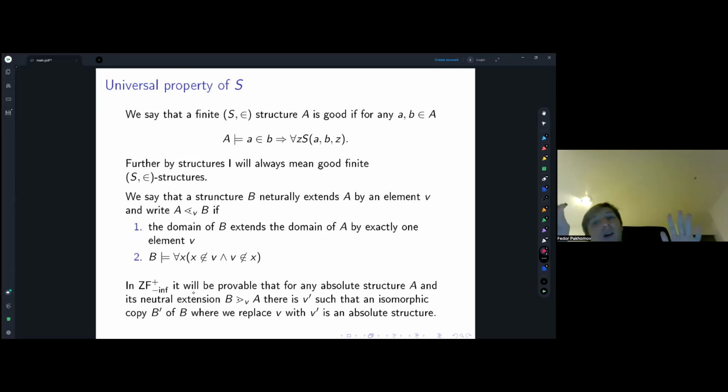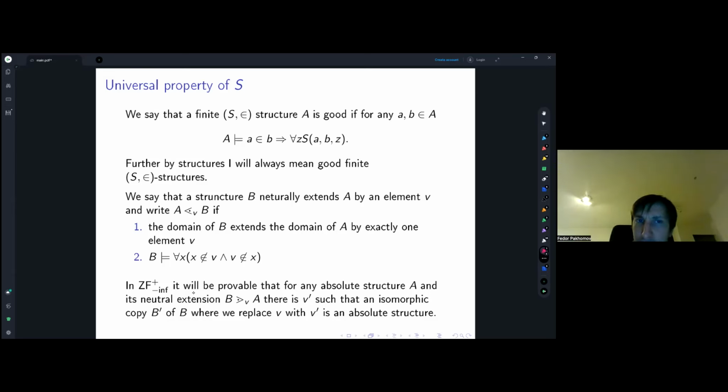Okay, so we can start. We are working inside ZF minus infinity, and we consider finite structures in the signature with one ternary predicate S and one binary predicate ∈. Right now I don't require these structures to be absolute, so you could interpret membership in some way and S in some other way, not necessarily the same as in our ground model. I'm interested in finite structures like this,